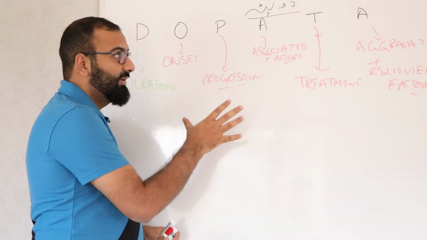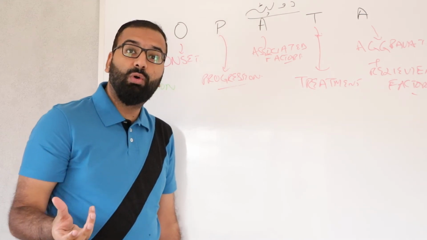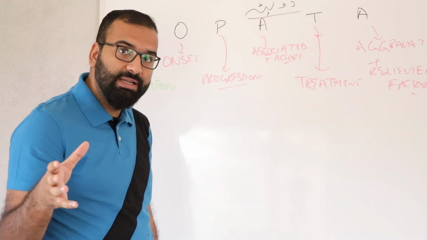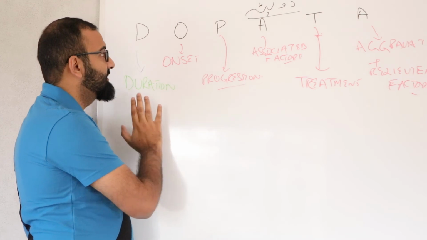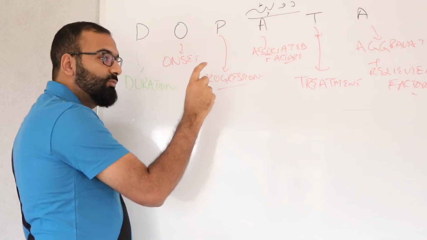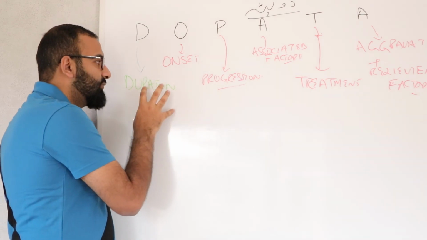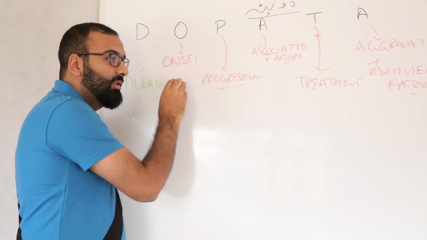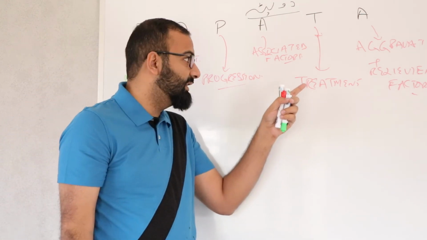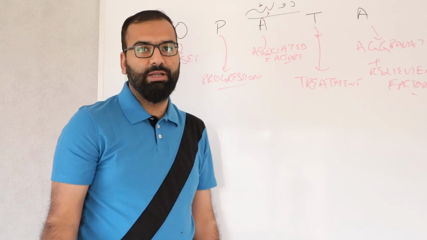So this is a very effective and simple way, a simple mnemonic that can help you to dramatically increase the quality of your history taking from any patient. So after the biodata and you have got the presenting complaints of the patient, just apply this. Just ask for any particular presenting complaints, just put these particular things for every single one of those presenting complaints. So you will ask for the duration of that presenting complaint, the onset, the progression, the associated factors, the treatment as well as the aggravating plus the relieving factors for that particular complaint.